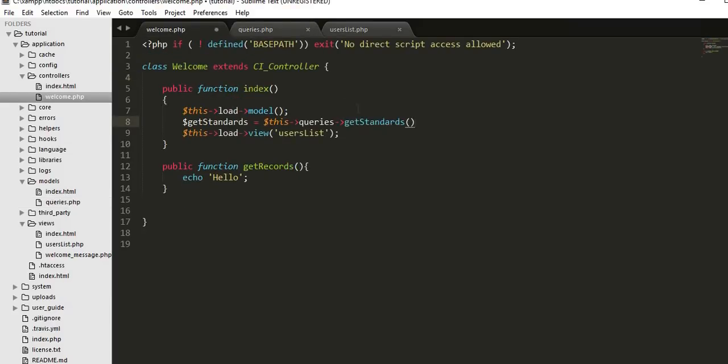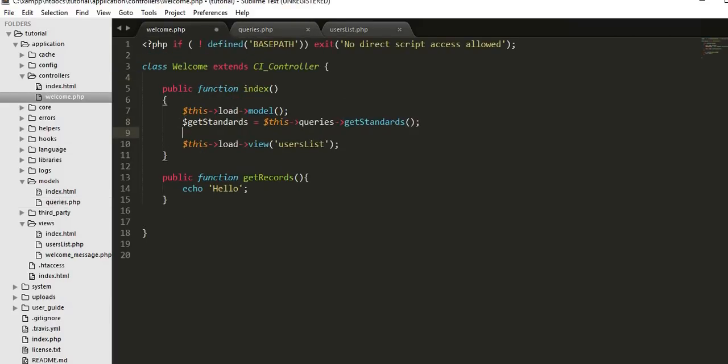Copy, paste it here, and copy this entire statement, make it as gender,